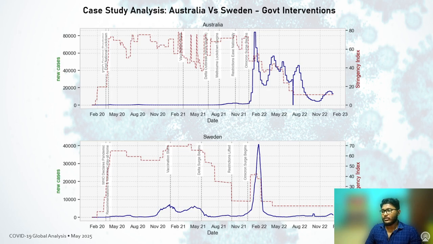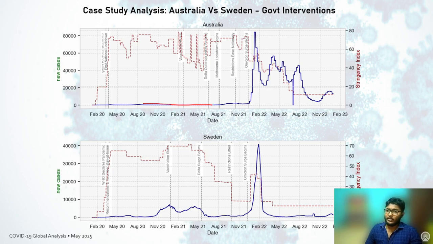It was not a strict measure at all. So with that being said, we can see that Australia implemented strict and prolonged lockdowns, which actually resulted in a very flat infection curve in the beginning of the pandemic. As you can see, there is not much going on here because Australia had a very high stringent policy maintained throughout the